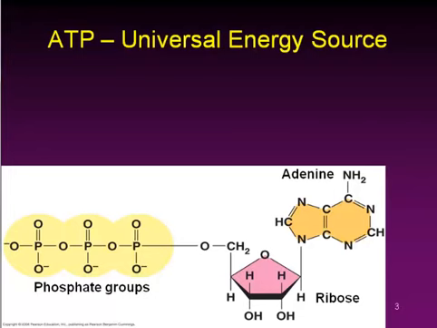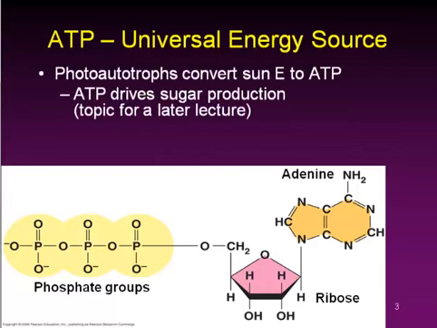Okay, so where does ATP come from? Well, it's energy, but where did the energy that is stored up in ATP come from? Well, it came ultimately from the sun. What do I mean by the sun? I'm bringing up a term here that looks kind of long, photoautotroph. Photoautotrophs are organisms that convert sun energy into ATP. So let's break this word down. Photo refers to light. Auto means to do it by yourself. And troph means to eat. So photoautotrophs are organisms that absorb light, in this case sunlight, to by themselves store energy in the form of